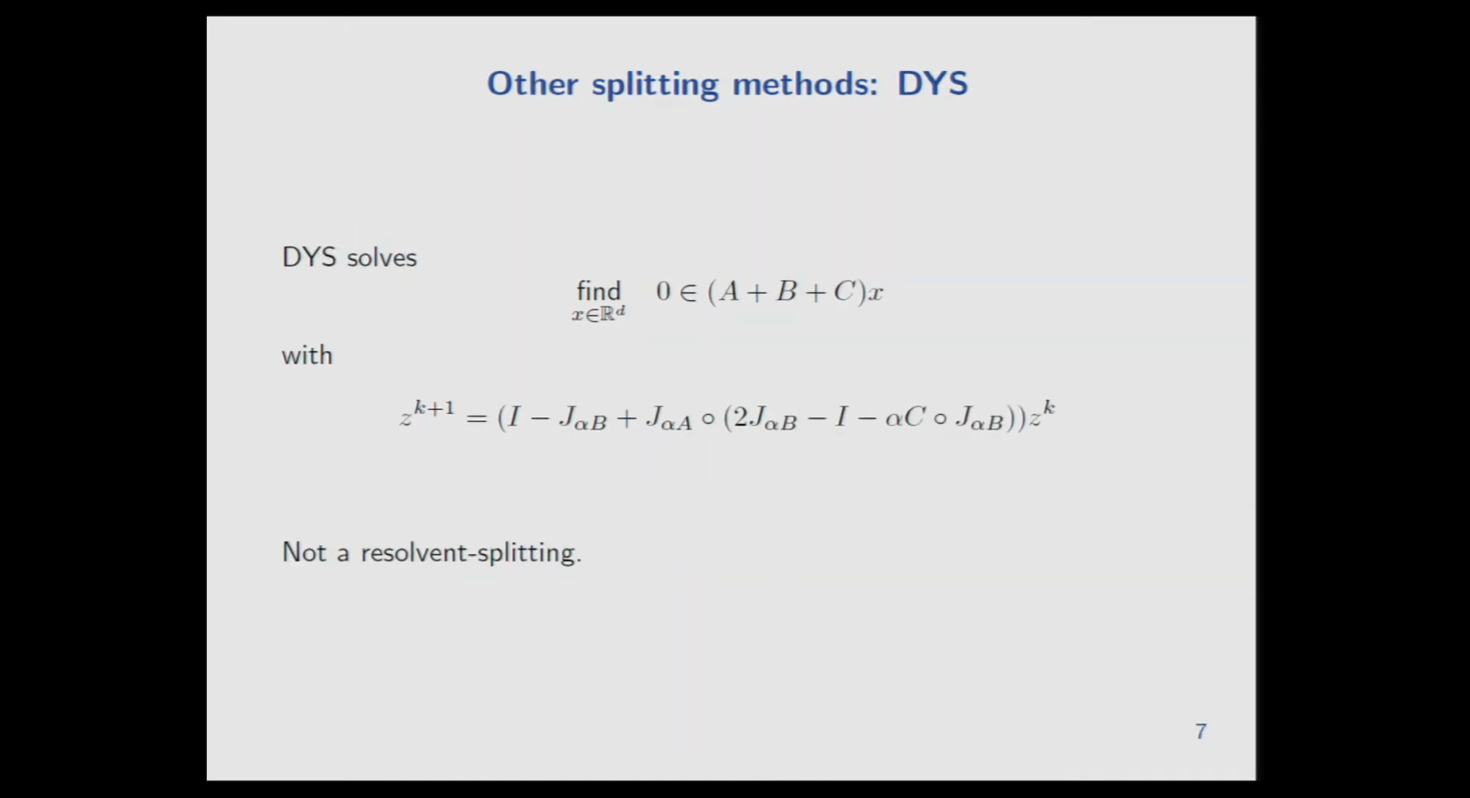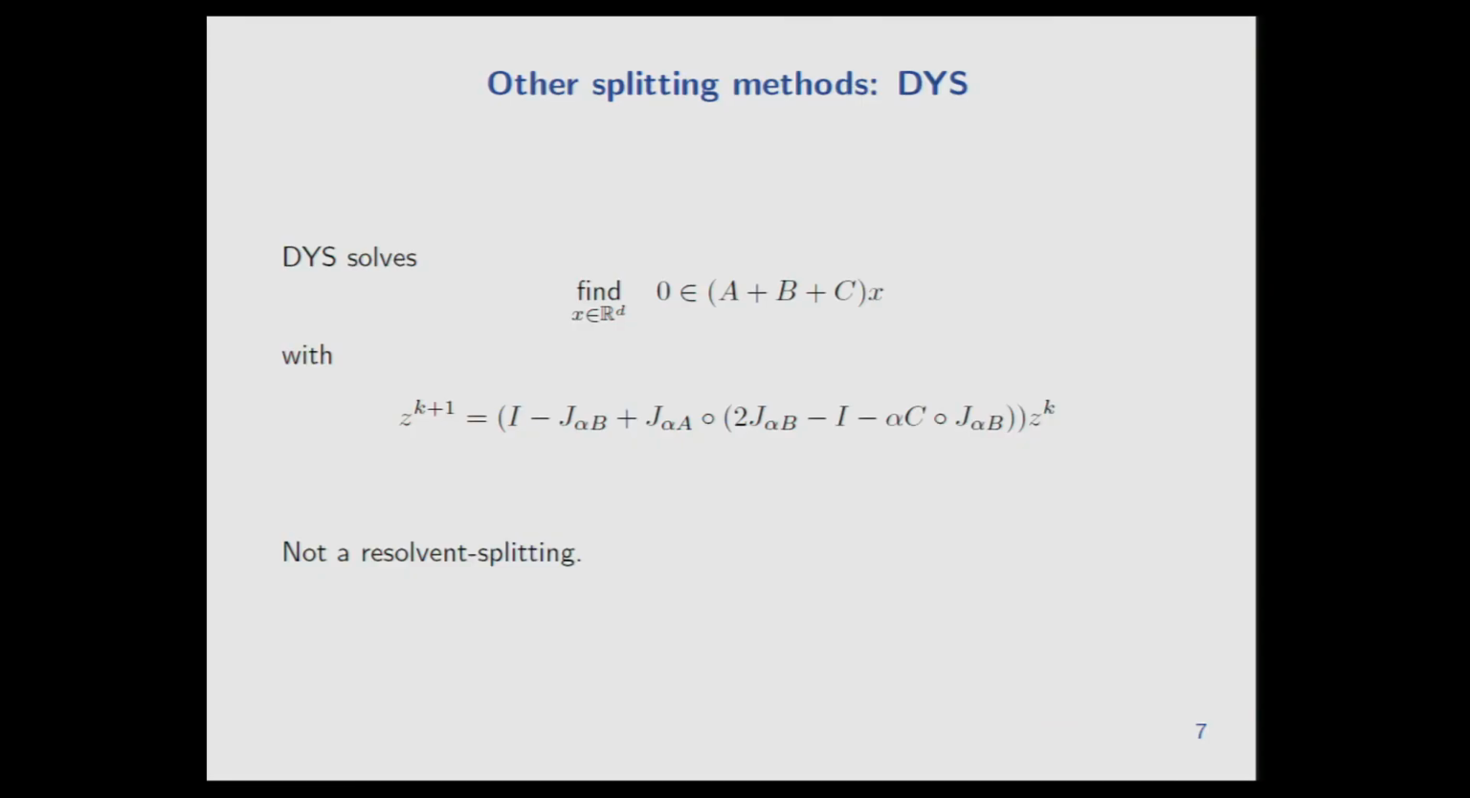Here is a three-operator splitting method that I called Davis-Yin splitting because it was done by Dan Davis and my supervisor, Wotao Yin. This splitting solves this 3 operators problem where we use the resolvents and we also use the forward evaluation of C. This splitting is a splitting without lifting because this is a mapping from R^d to R^d. So this splitting uses no lifting, but it's not a resolvent splitting because we're using the forward evaluation of the